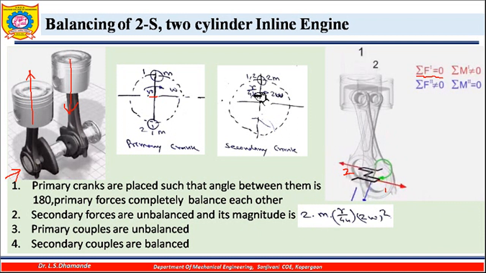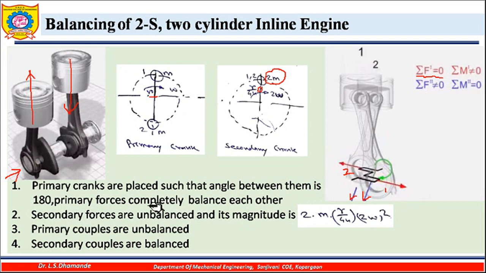Similarly, now if I try to draw the crank position for the secondary force, you will find that the first cylinder crank is here only, it is having 0, so 2 theta is also 0. The second was 180 here, theta was 180, so in this case it will be 2 theta, 180 multiplied by 2, that is 360. So the second mass will also come over here. It means both masses of primary and secondary will be coming on the same side. So you can see here the downward force of the secondary force of cylinder 1 and the secondary force of cylinder 2 is also acting downward. So there will be the sum of these two.